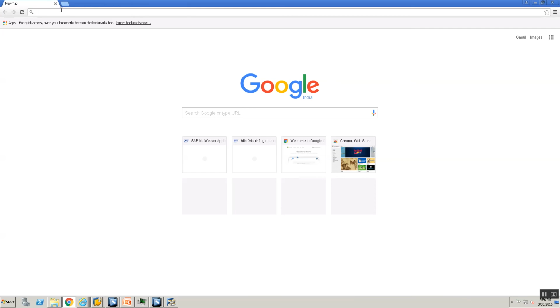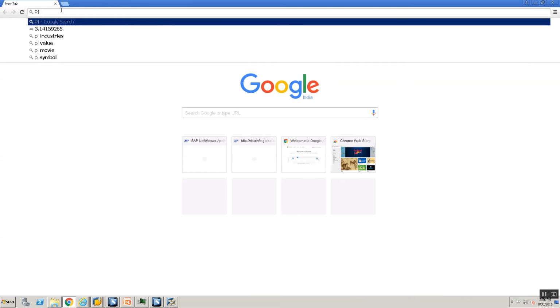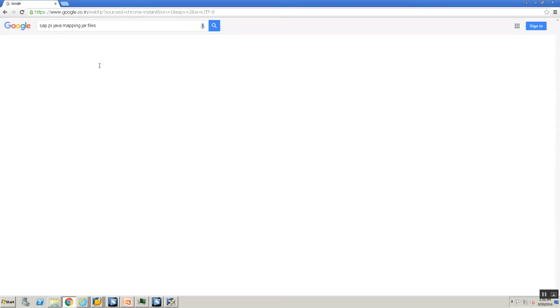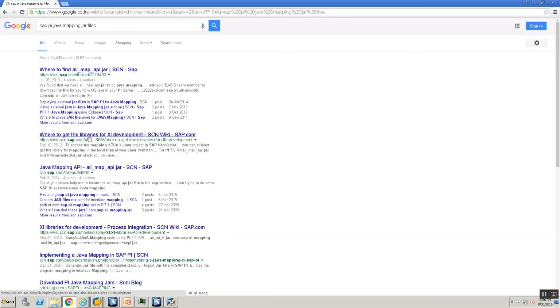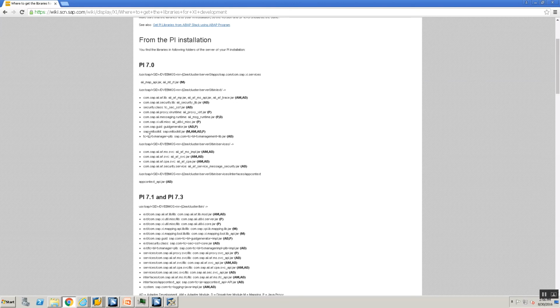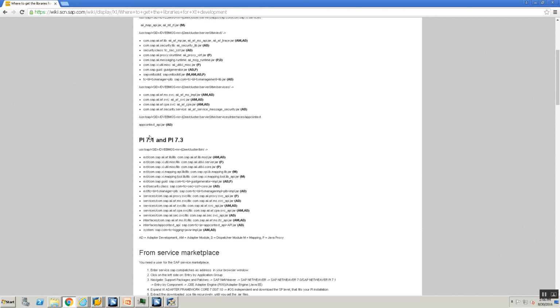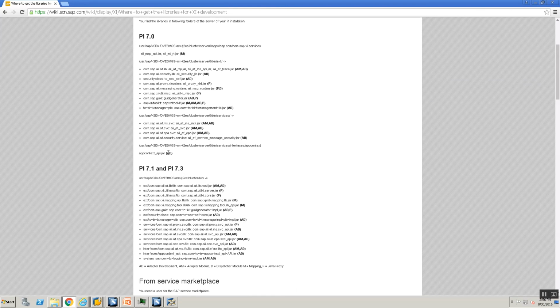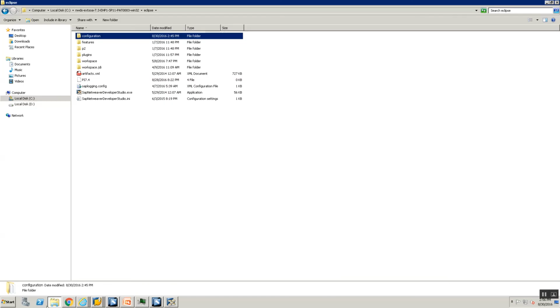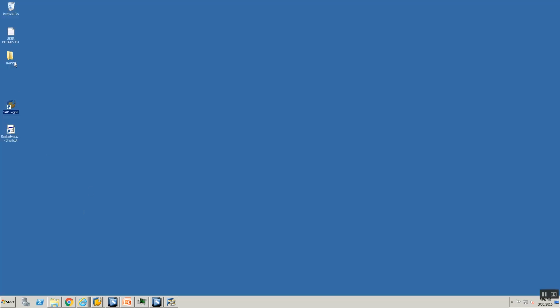Let's search for PI Java mapping jar files, right? If I do that, there is a Wiki, here we go. There's a Wiki that is available on where to get libraries for XI development, and this will tell you for various installations what is the jar file required and how do you get the jar files. So for example, in the case of our Java mapping, I'll just minimize everything.